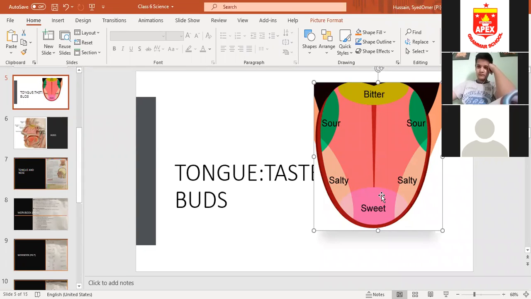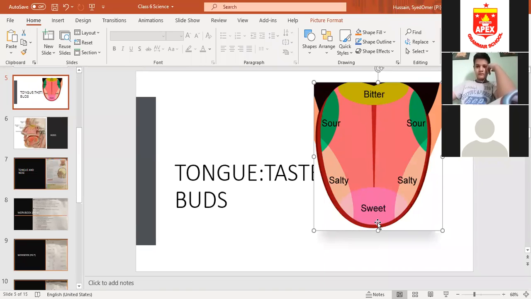Although these tastes can be detected all over the tongue, scientists have shown that different areas of the tongue are more sensitive to certain tastes than others. Now, as you can see in this picture, what are they telling you? In this area, the sour taste is more evident as compared to this area, because this area is for salty taste, and at the back of the tongue there is a bitter taste, and at the front there is sweet taste. So these are the four different tastes,